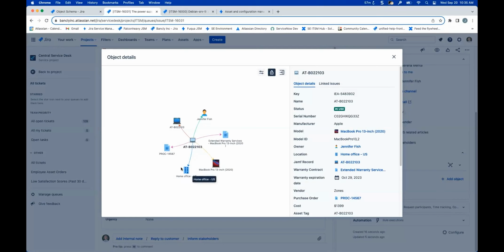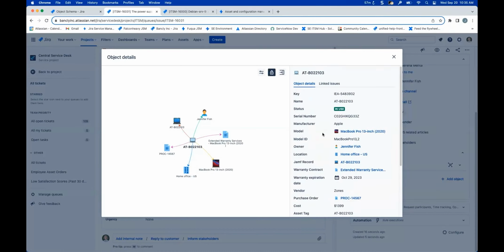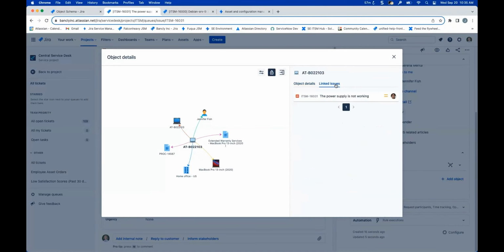She has this in a home office. If I need to take a look at the PO, I can drill down more into it. I can also see more details here. I drill into it, and then I can see the linked issues. I see right now that I have a linked issue that the power supply is not working, and it's assigned out. So that gives us a lot of details. If I had more issues associated with this laptop, they would also show up here.